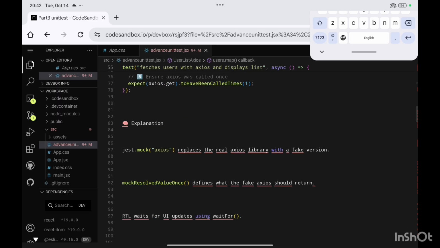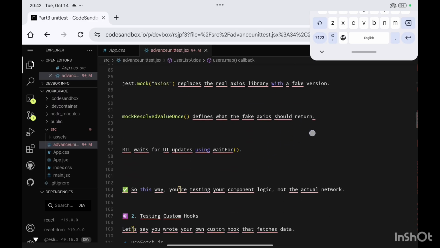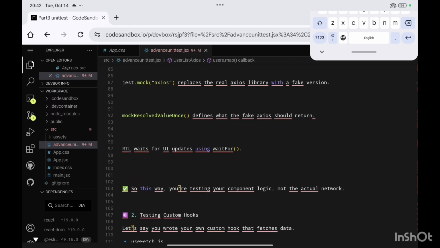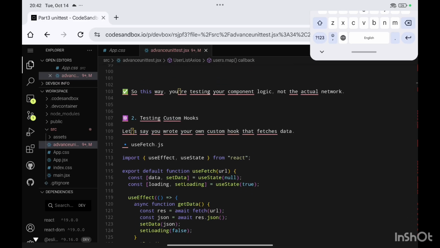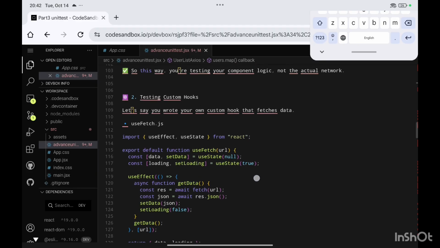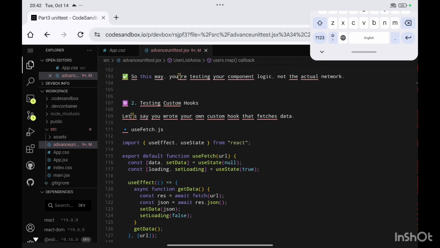And next, you can go through his notes, all the explanation is here. It is very well written, everything. And then, first of all, how to create custom hooks, and second, how to test custom hooks. If you want to create your own custom hook, for suppose you want to keep your component very neat and clean,